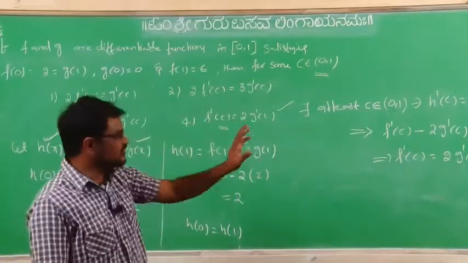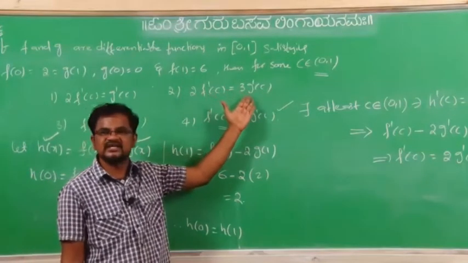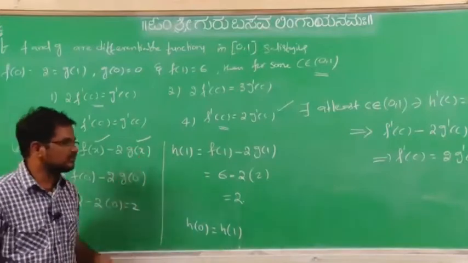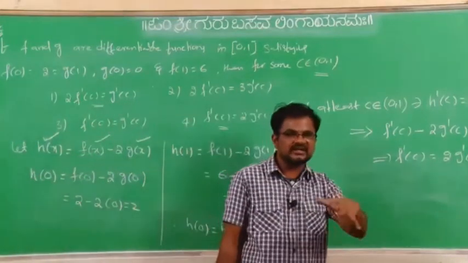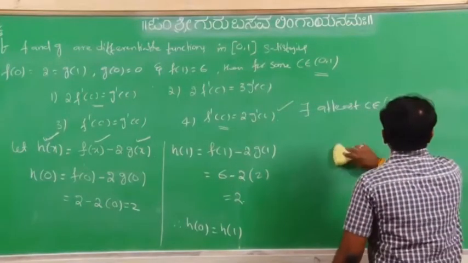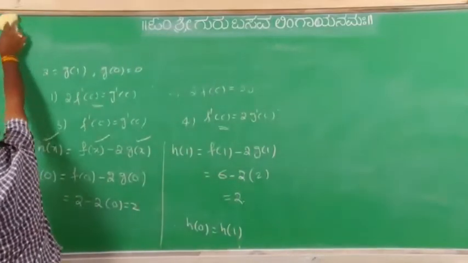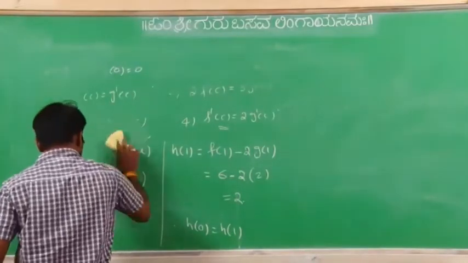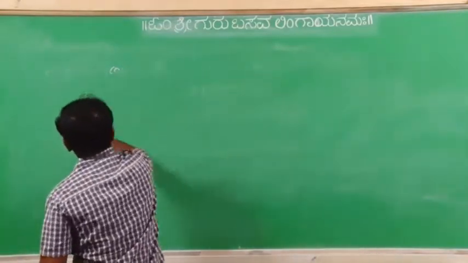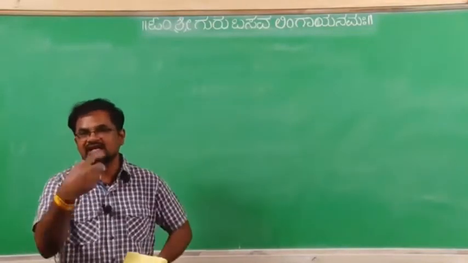Now, suppose this is not satisfying, then go to 2 into f of x minus 3 into g of x, take that condition, and again solve. Understood? If you identify it from the side of the page, you will get the idea of how to take it. If you do more problems on this, you will get the idea of what we have to take. From the given information only, you can identify how to select the function.